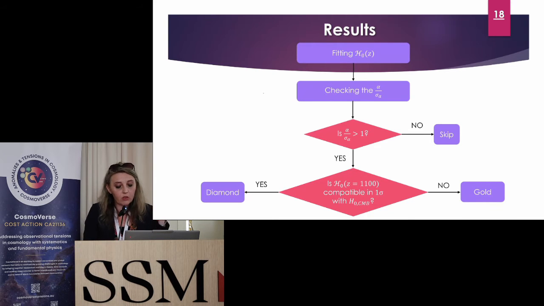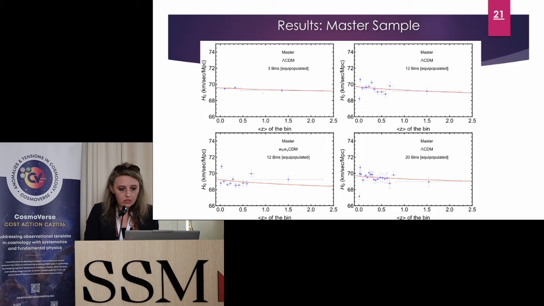And if this alpha over sigma alpha is not greater than 1, practically we don't proceed with the analysis. So in this paper we have 70 cases, so we tried many samples, and then we have a statistical analysis about how many cases have alpha over sigma alpha larger than 3, because it means 3 sigma away basically from the 0 trend. And here are just examples of 12 bins in the lambda CDM and